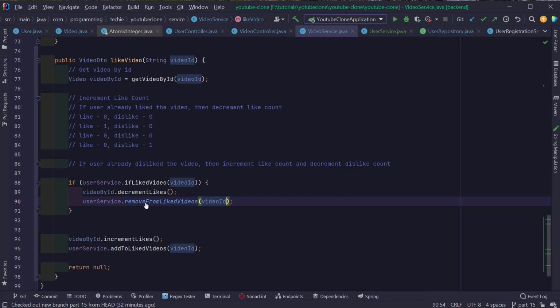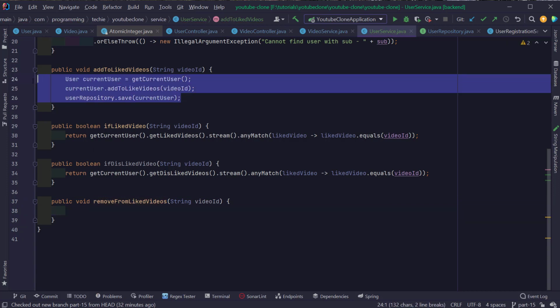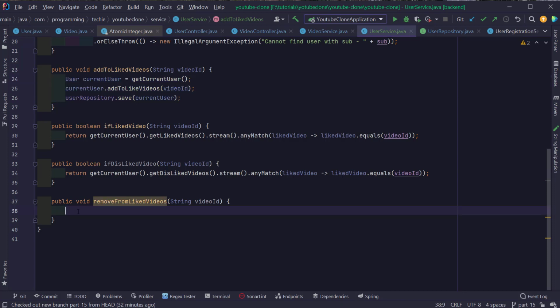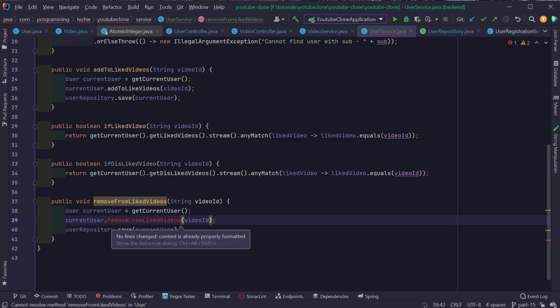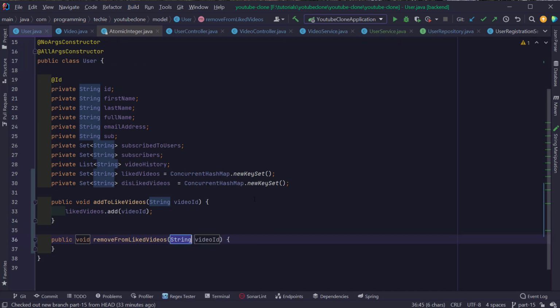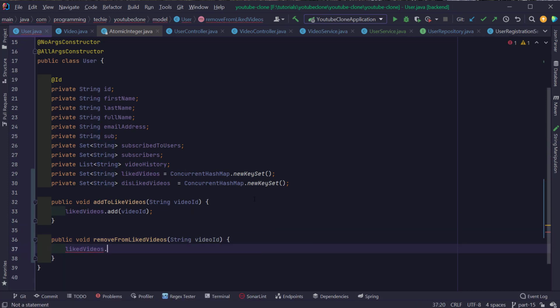Okay, now I'm going to the remove from liked videos, and similarly I'm going to copy the same code from inside the add to liked videos and paste it here. And instead of adding to the liked videos, I'm just going to do remove from liked videos. Of course, this method still does not exist inside the user class. I'm just going to create this particular method, and I'm going to say remove liked videos dot remove video ID,